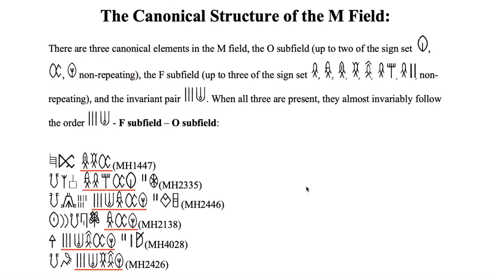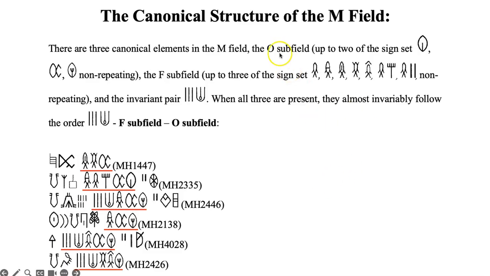Now, as I mentioned already, the M field itself has an internal structure. As we mentioned here, there are three common canonical elements. There are a couple of other stray signs that occasionally are involved in this. There's a sign that looks like 12 little ticks that very occasionally seems to participate. I'm going to let that go because it doesn't occur often enough. But suffice it to say, the three main canonical elements that you find most frequently in the M field are,